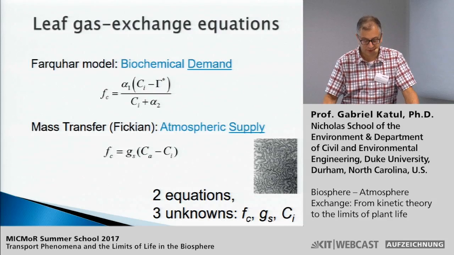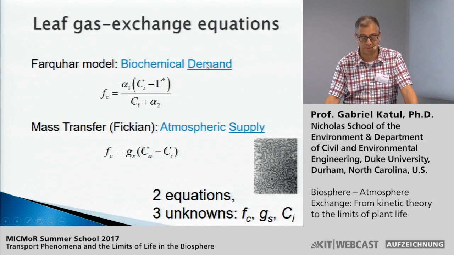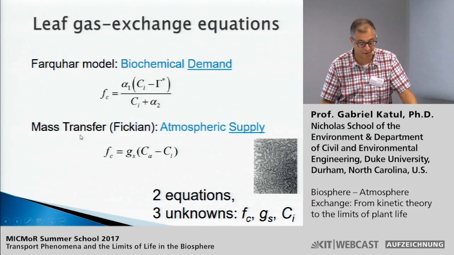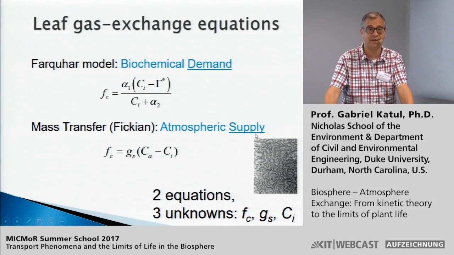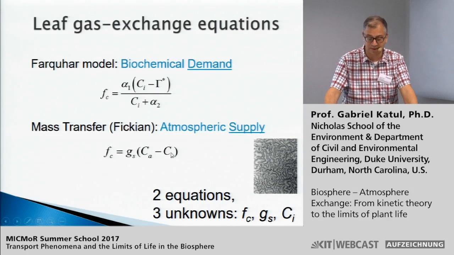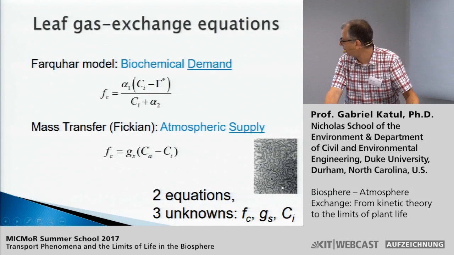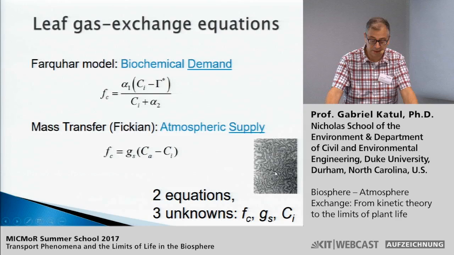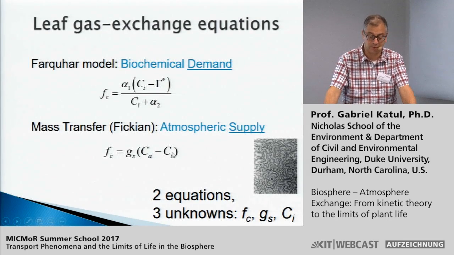Okay, sounds good. That's helpful. So this is the demand by the plant. Where is the supply? The supply comes from the atmosphere. So you have CO2 molecules bombarding the leaf surface. If stomates open, some of them are going to enter the stomata. And how much will enter in terms of rate is going to be dictated by some information about the porosity of this medium, multiplied by the difference in concentration between atmospheric CO2 and internal CO2 concentration.